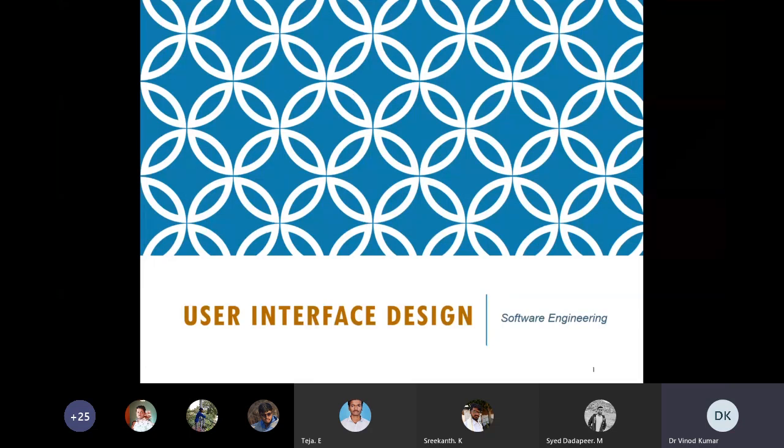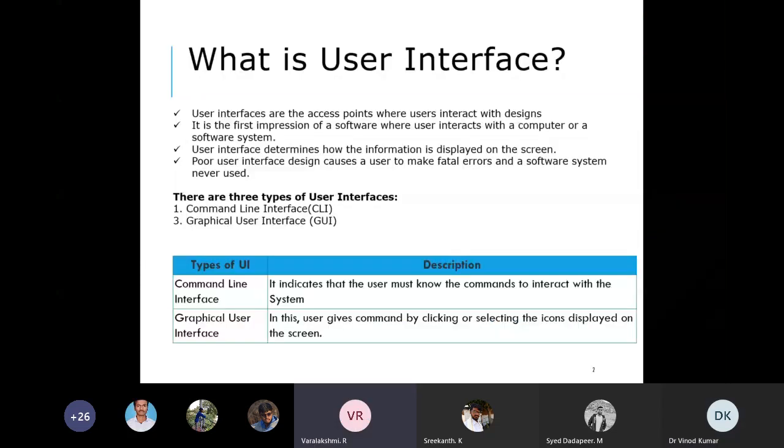So what is an interface? User interface creates effective communication between a human and a computer. So you can see here, what is user interface.